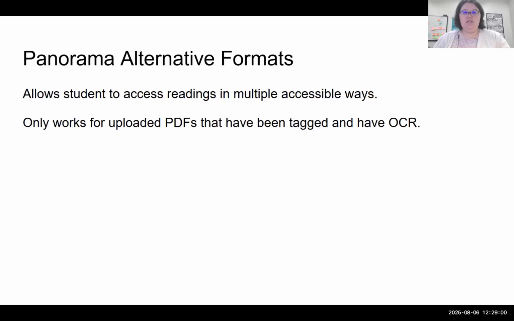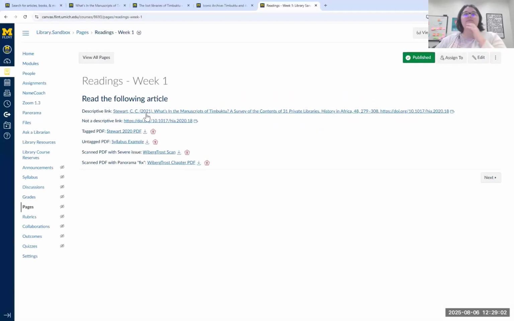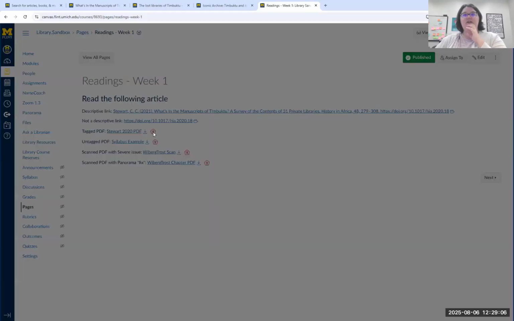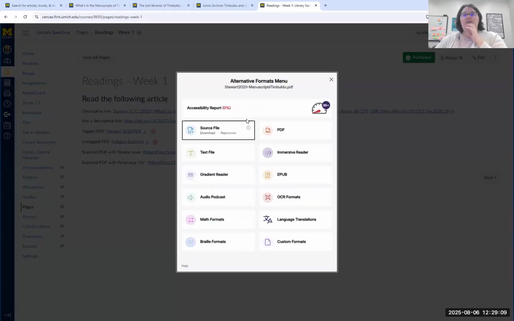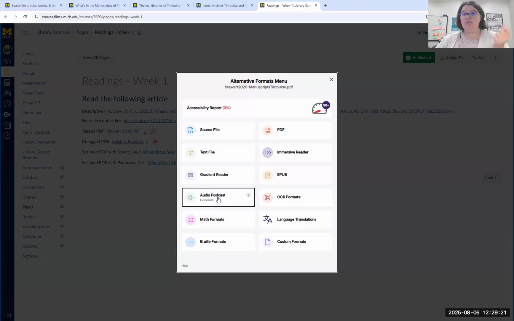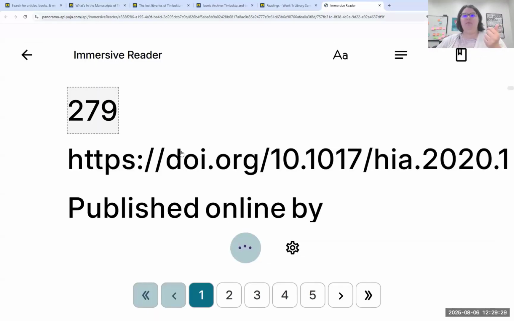So to show you what this looks like, and we already gave you a little bit of a snapshot, if I click on Stewart here, it gives me a couple of different options, like an immersive reader or a gradient reader. I can create an audio podcast out of this too, to download and listen to the reading on my commute to school, right? I really like this immersive reader and the gradient reader just because, again, for people who may have